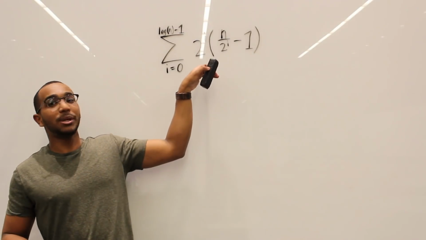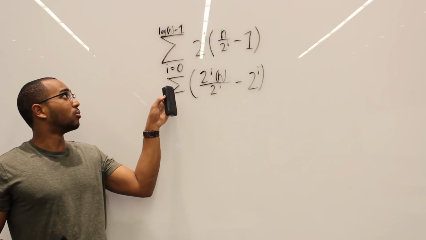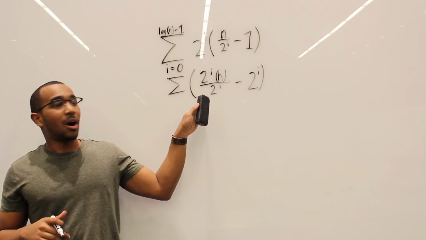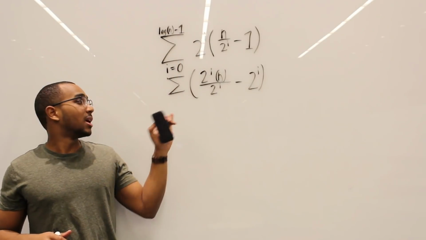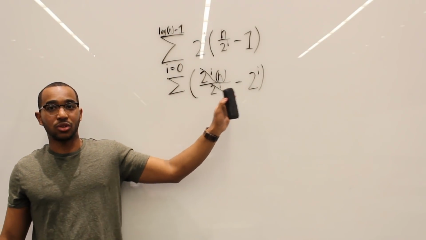And what I do is, let me distribute the 2^i in. Okay, so my summation stayed the same. I didn't write these small terms, but just know they're still there. So now all I did was distribute the 2^i in. And you see these guys cancel, and we're left with n minus 2 to the i.